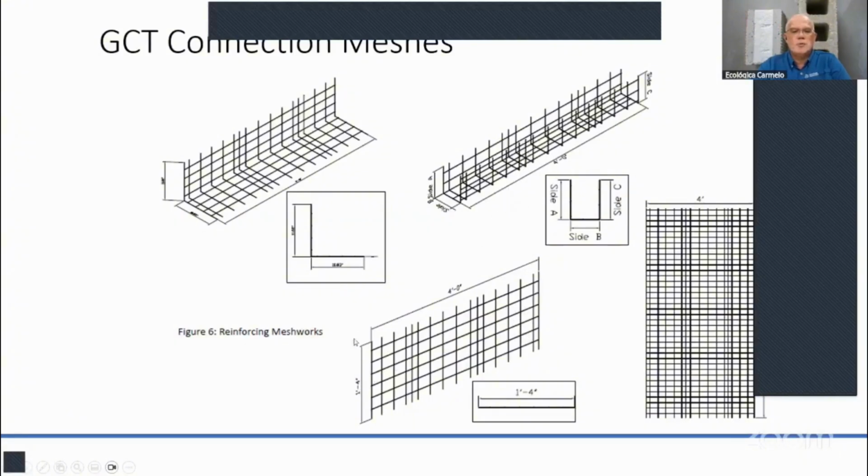And also, we produce the flat mesh, which is here in the bottom. These come in 15 inches by 4 feet, and these are used if you make a cut in one of these walls and you have to cut the original mesh that comes from the factory. Then you can put these flat meshes and clip them over the existing mesh. These clips are clipped in there with a hog clip gun. You can buy those on Amazon. They're about $210 each, and you can also buy the clips there as well. So let's say every 2 squares, you'll be putting a clip to anchor those meshes to the existing